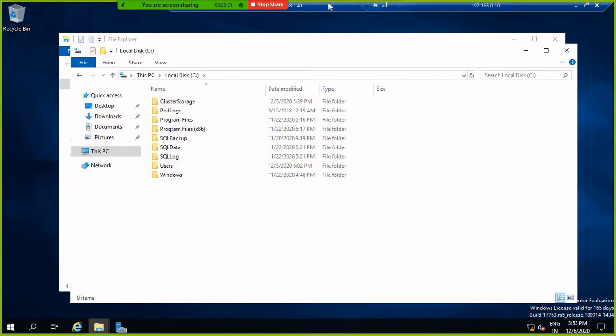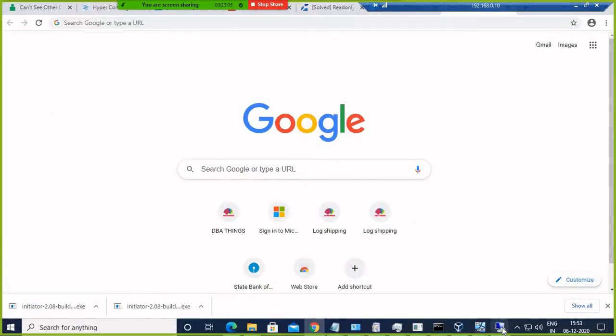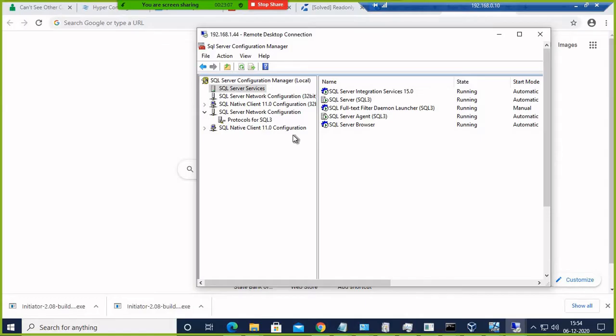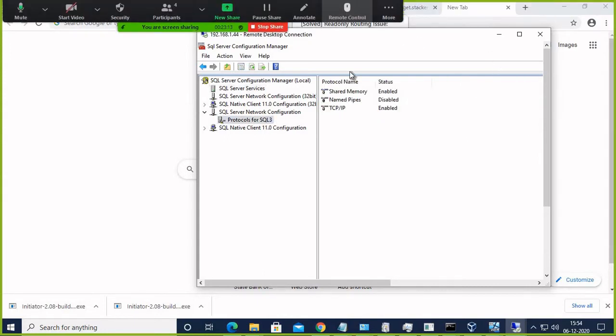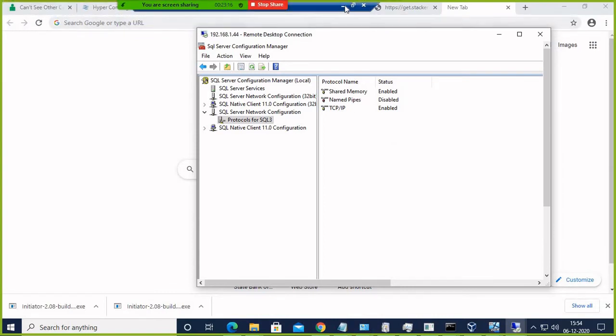So it is necessary that whenever you use auto seeding, you keep in mind that all the locations should be similar. Unless the locations are similar, you are not able to perform auto seeding. So how do we perform it then? We just take the backup and restore the backup.